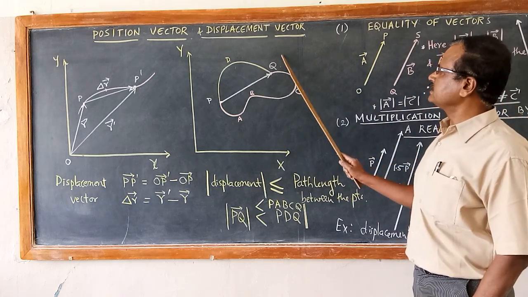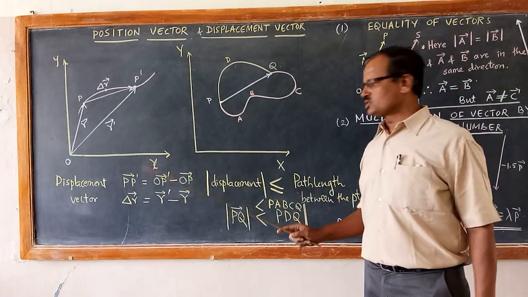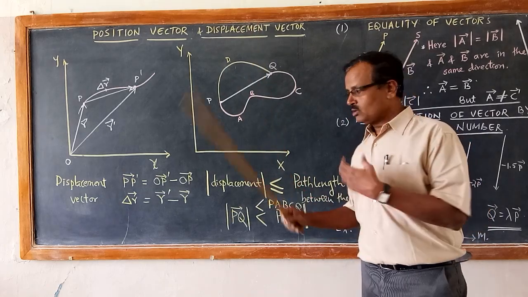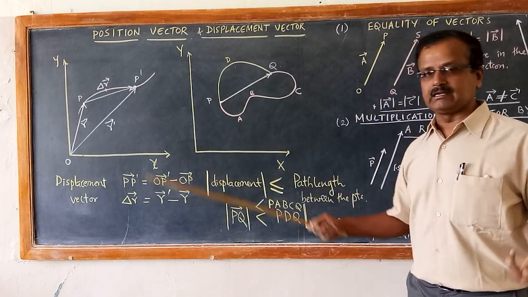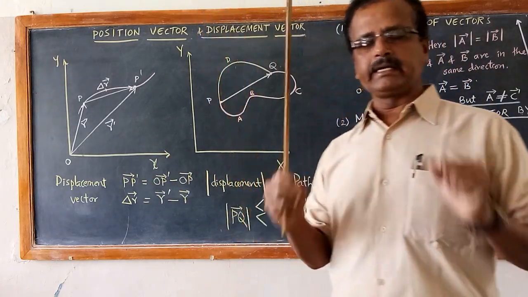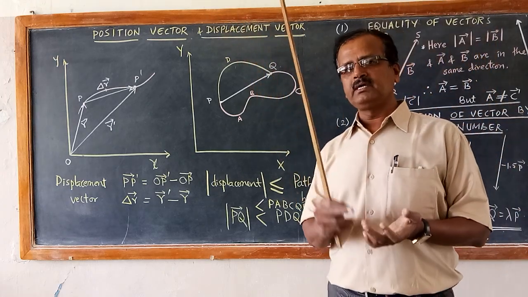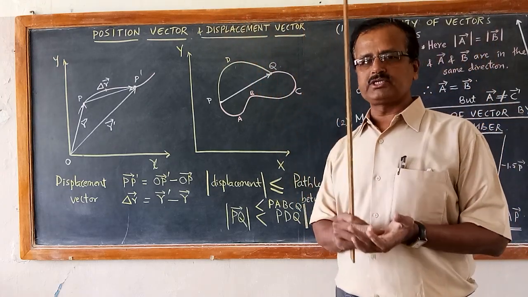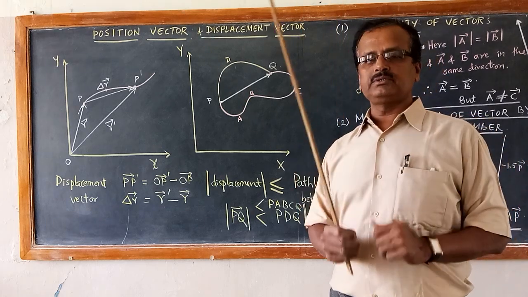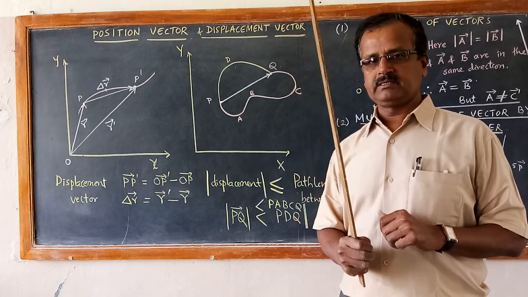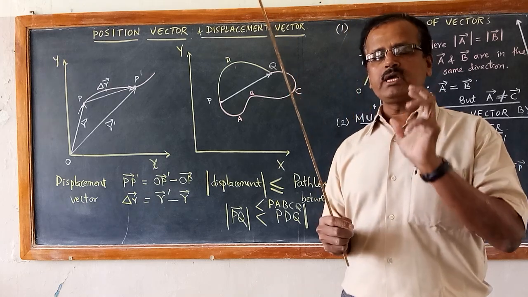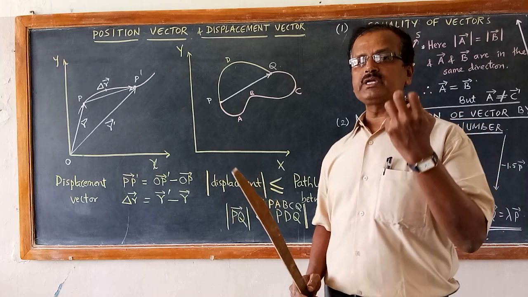The displacement vector is calculated as the difference in position vectors: final position vector minus initial position vector. We are going to learn these things again in detail once we learn the properties of vectors. Before we learn the meaning of displacement, velocity and acceleration, we need to learn about vectors and their properties. Vectors are very essential to learn about motion in a plane and motion in space.